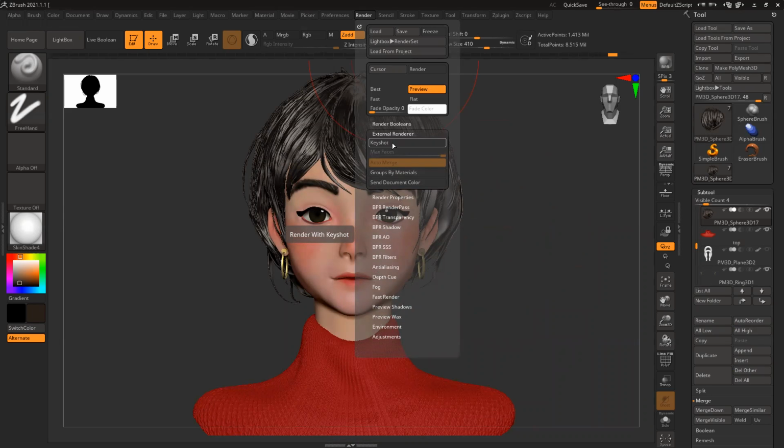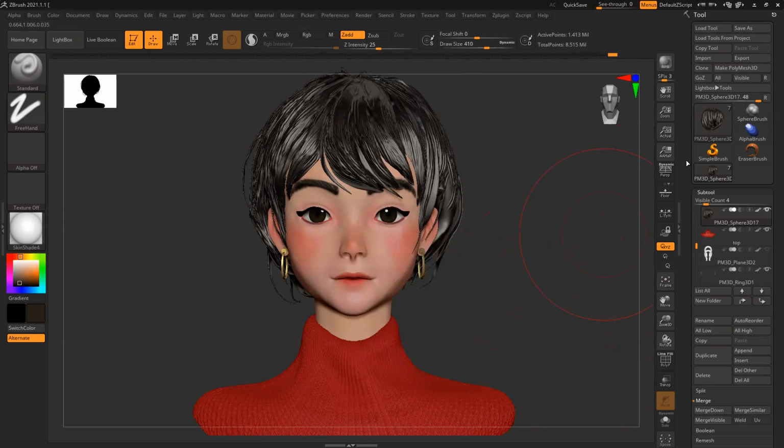Or suppose I want to render this in ZBrush itself, so I can simply click BPR. It will generate all the shadows and everything. But as of now, there's no shadow, nothing. So you can see it generates all the shadows and all.